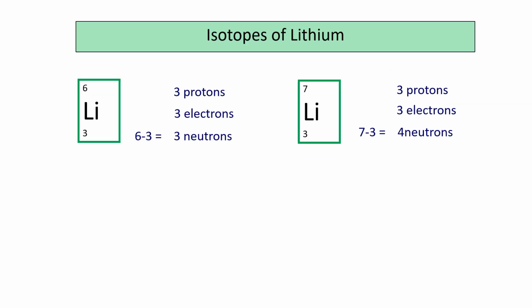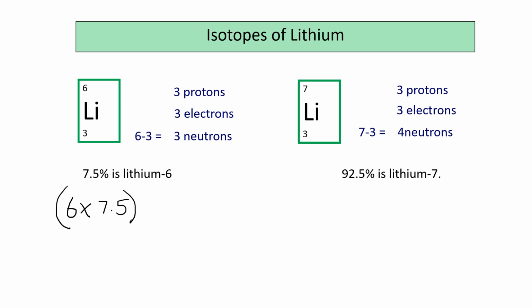Let's look at another example, lithium. Again, lithium has two common isotopes, lithium-6 and lithium-7. Lithium-6 has a 7.5% abundance and lithium-7 has a 92.5% abundance. If we write out our calculation, we can do the mass number of 6 multiplied by the percentage abundance of 7.5 and add that to the next mass number of the second isotope of 7